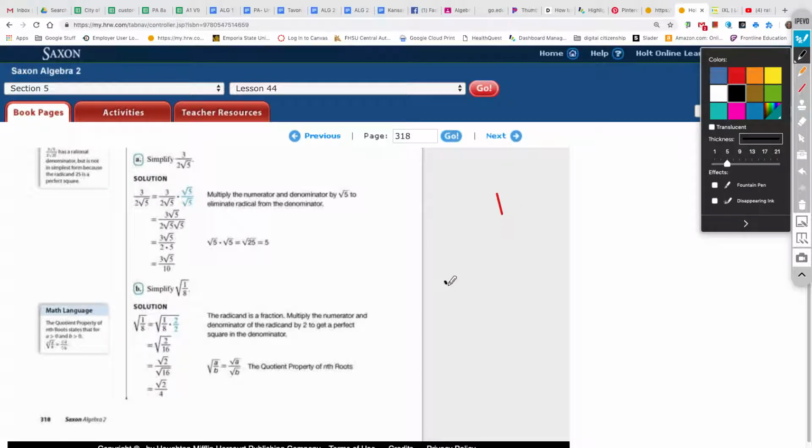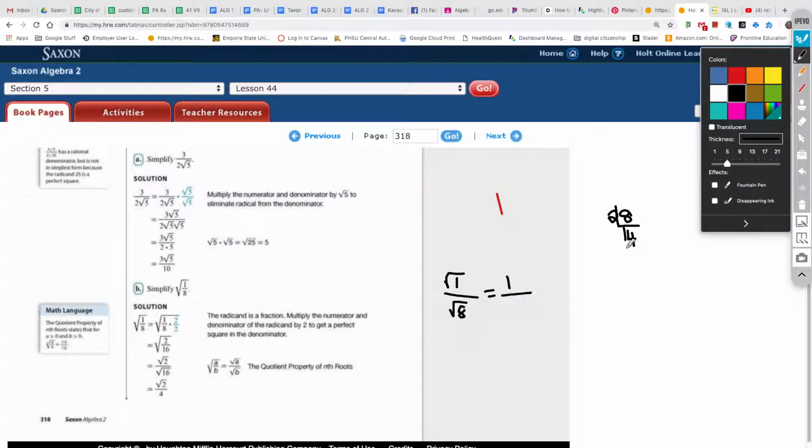Okay, so I would write this as the square root of 1 over the square root of 8. Okay, then I would tell myself, can I simplify those two things? Do I know anything about them? Well, I know the square root of 1 is 1. So I might as well just take care of him from the start. That eliminates that radical, and then I don't have to worry about him. Okay? All right? I also know that the square root of 8, if I tree method him,